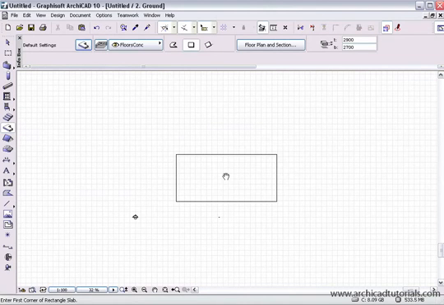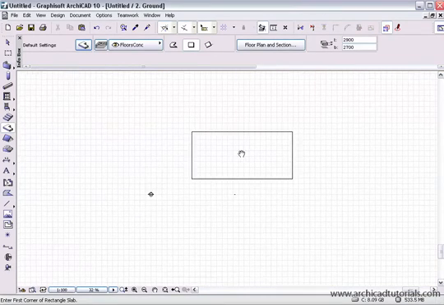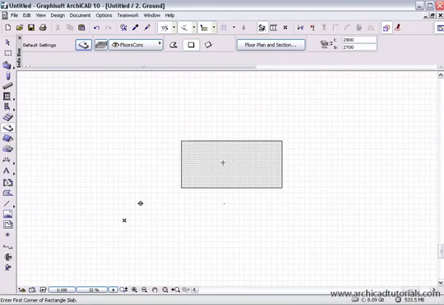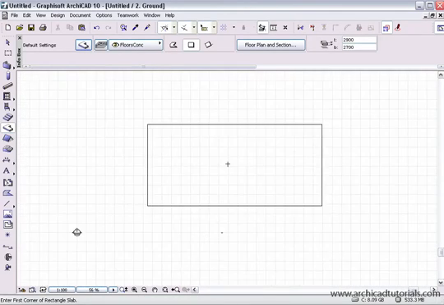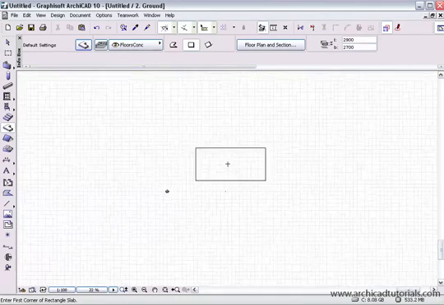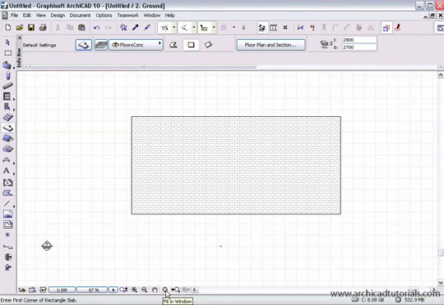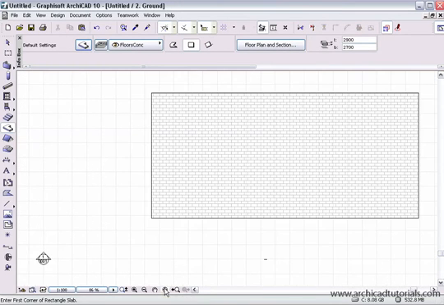I can also push the mouse wheel down and achieve the same effect. And of course I can also roll the mouse wheel in and roll the mouse wheel out. So a handy one always is to fit into window. So that fits everything that's selected on your screen